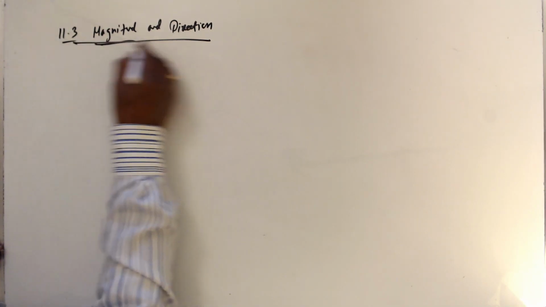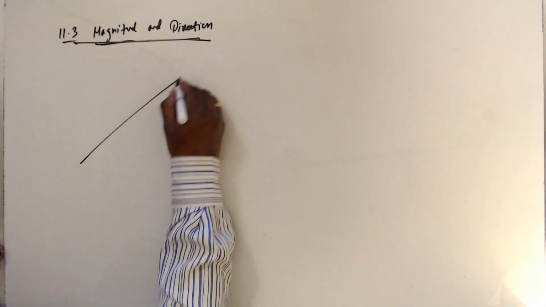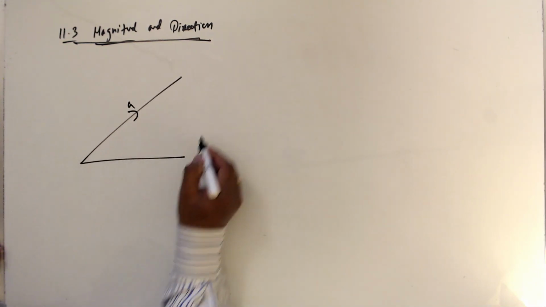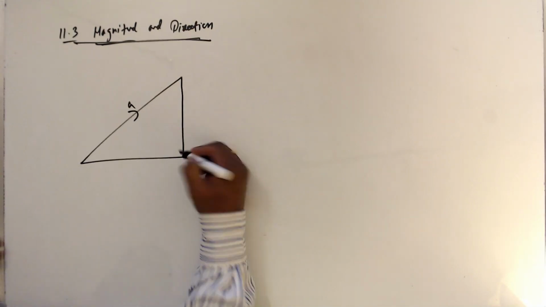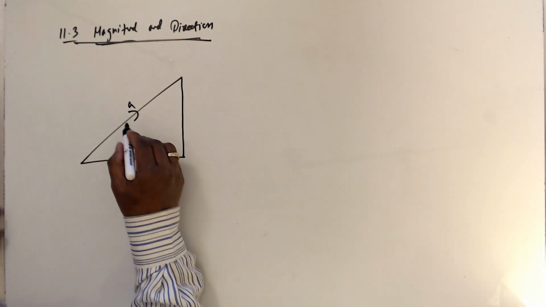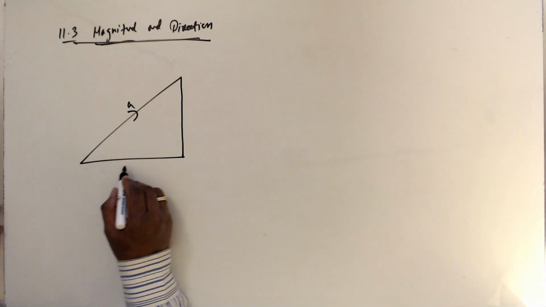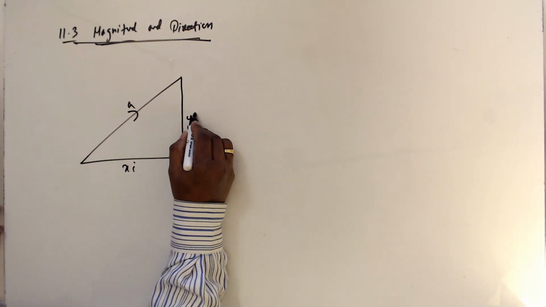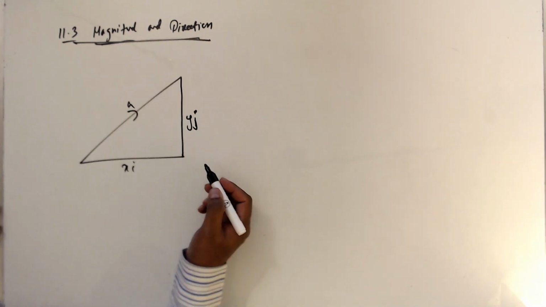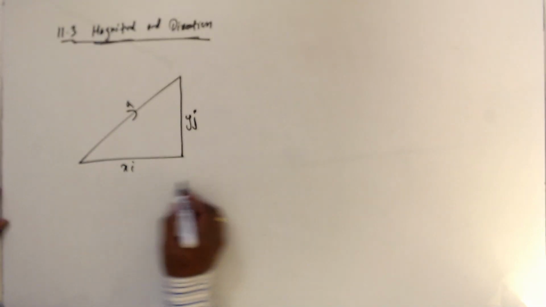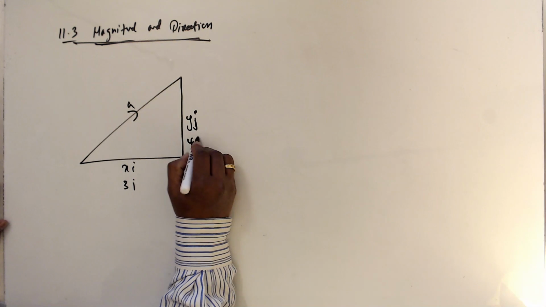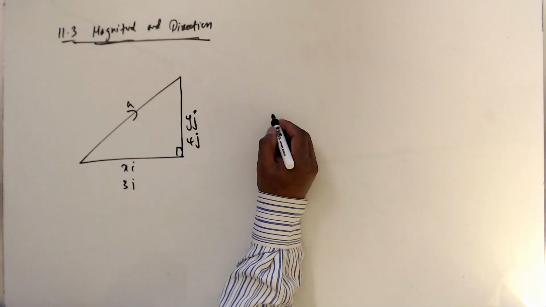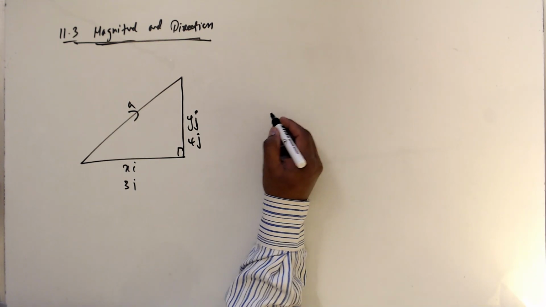11.3 Magnitude and direction of a vector. Let's consider this vector is A. Then we know that this vector A we can write as x i plus y times j. It's like 3i plus 4j. This is 90 degrees. Then magnitude is defined by